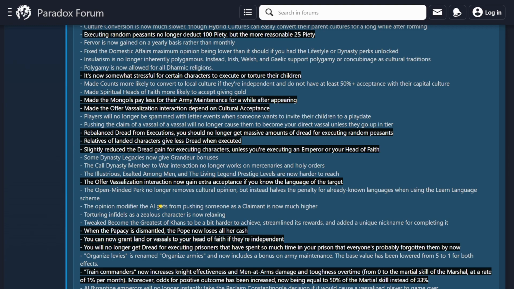You can now grant land or vassals to your Head of Faith if they're independent. This one was super interesting. Now I wonder if this means, if you're Catholic and maybe if you win the Crusade and you take Jerusalem, can you just give that title to the Pope? So then the papacy will be in Rome and Jerusalem. That's how it reads. It'd be really interesting if that is the case. It'd be kind of cool roleplay where you go on crusades and then give it to the Pope,